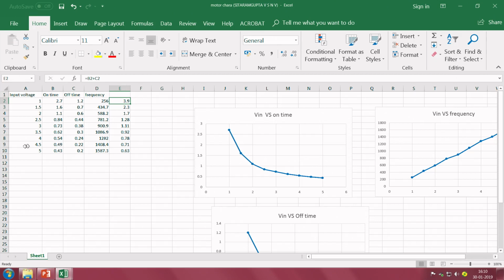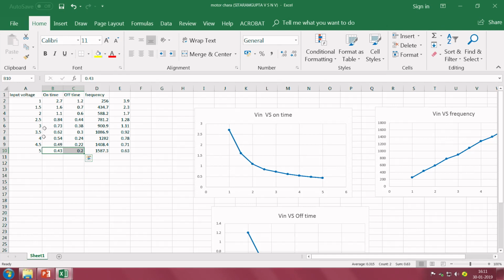Now, as the voltages keep on increasing, the frequency is also increasing, which means the on time and off time values are decreasing, because frequency is the inverse of time. So, when we want to design a monostable multivibrator, the on time, the charging time of the capacitor as well as the discharging time of the capacitor should be smaller than the on time and off time of the encoder. In order to understand to what T1 on time the monostable multivibrator has to be designed, we have to look at the lower on time and off time values of the encoder.